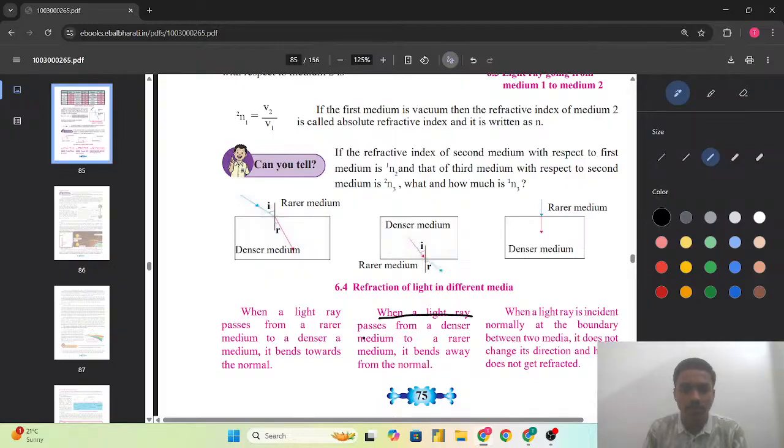When the light ray passes from the denser medium to the rarer medium, it bends away from the normal. Denser to rarer, it bends away from the normal. This is the second rule. And the third is, when the light ray is incident normally at the boundary between the two media, it does not change